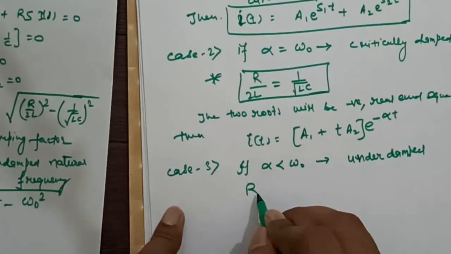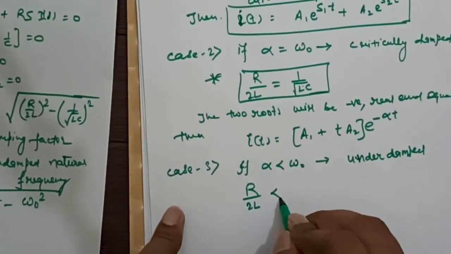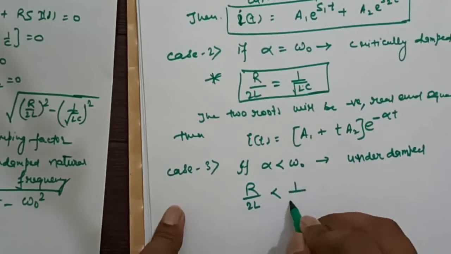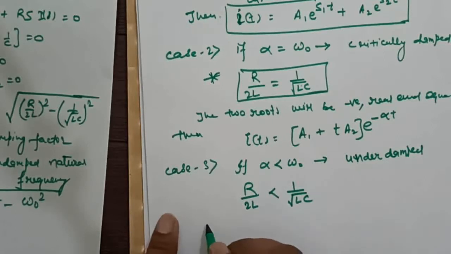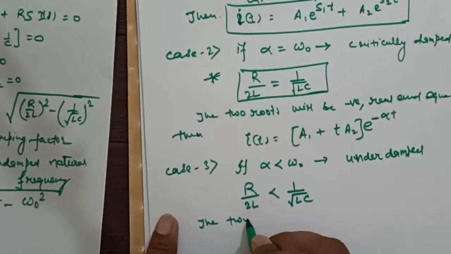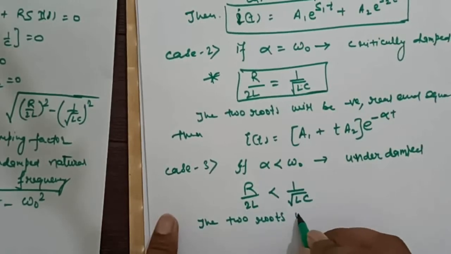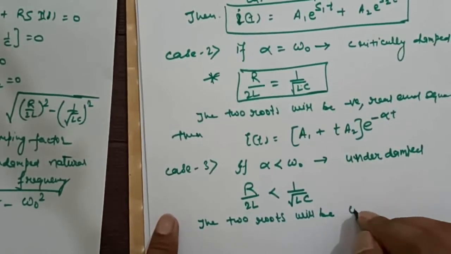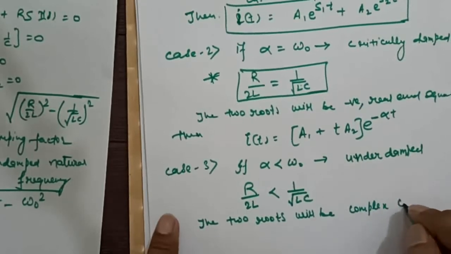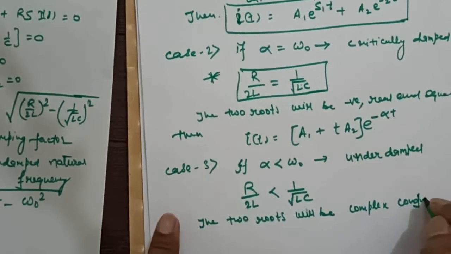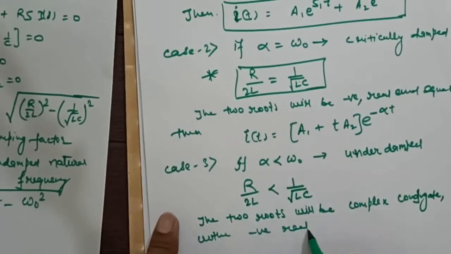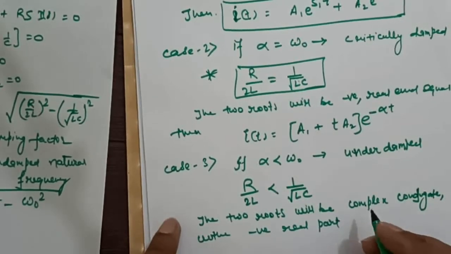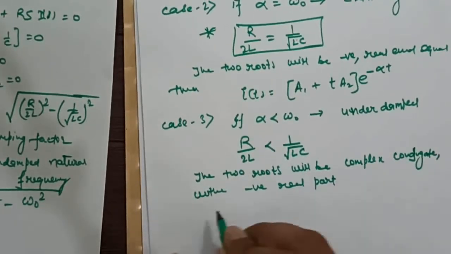If this is the situation, what will happen? R by 2L will be less than omega naught, which is 1 by root LC. Clear? In this case, our two roots will be complex conjugate with negative real part. Clear? And in that case, our solution will be